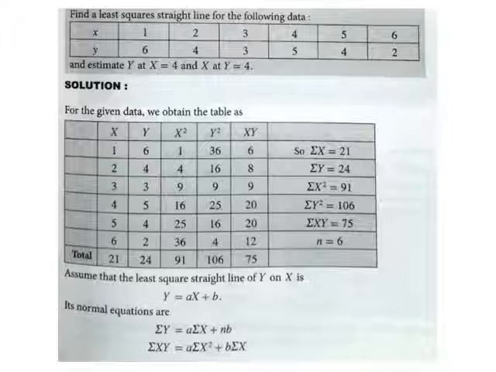The normal equation, as I discussed with you: the first normal equation, simply take the summation of the given straight line. Second normal equation, multiply x with the given straight line and then take summation. So you'll get these two normal equations very easily. Now from the given data table, your task is to simply calculate summation x, summation y, summation x square, summation x into y, and put them in the normal equations and obtain a and b. It is the only task you have to apply here.